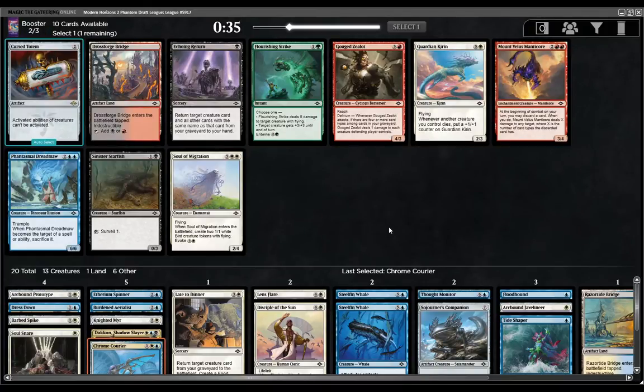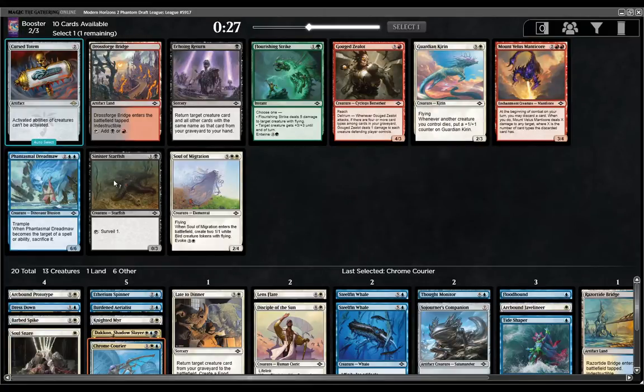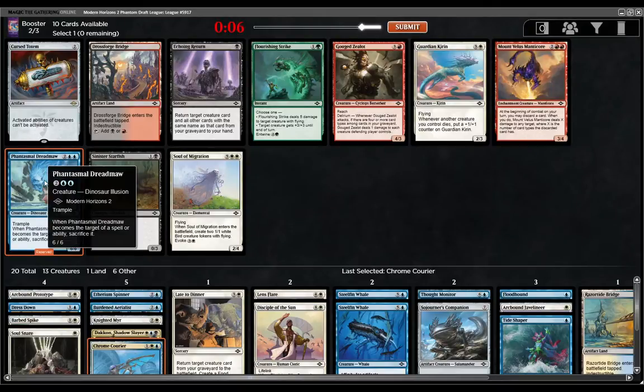That's activated abilities. This is a reprint from Tempest era. I forget exactly what set that's from. Guardian Kieran and Phantasmal Dreadmaw are the two I'm looking at. Soul of Migration's also reasonable. I like Dreadmaw as something that really gets... There are certain decks where this card is just wild powerful. And then some opponents...